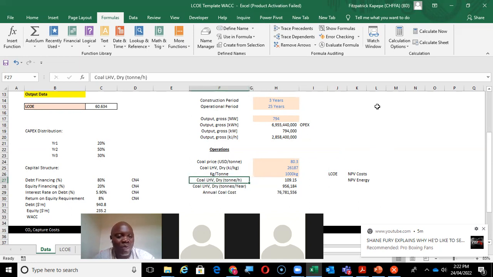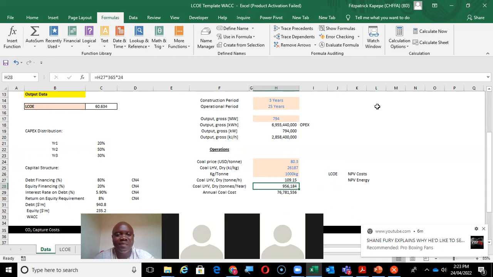But this is per hour. Because what you are dealing with is kilojoules per hour, which is this amount. So what we got was per hour. Now, for you, you need to compute the tonnages per year. So you get this number and multiply it by 24 hours to get a day, then 365 days to go to a year. So this is what we're getting, which is